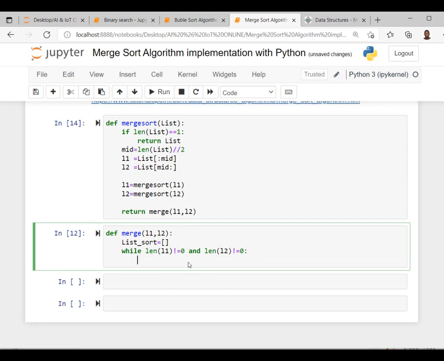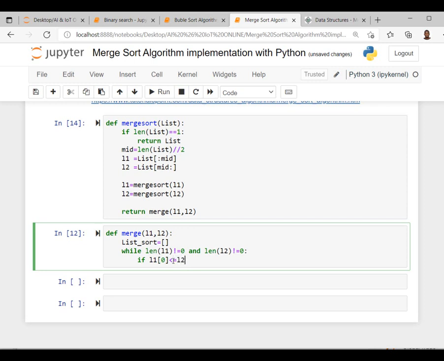If so, I will now compare the first value of R1 with the first item